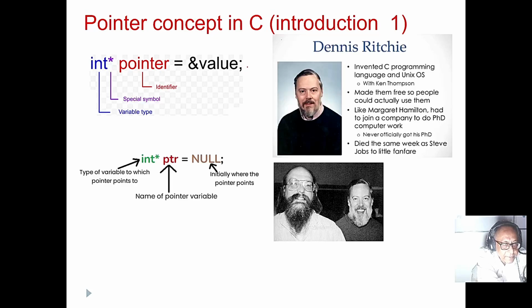Today, we'll discuss the pointer concept in C, because C was developed in 1960-61 by Dennis Ritchie and Ken Thompson. The pointer concept gives C its very powerful features, still unmatched in any other languages, even Java, Python, and modern-day languages. Only C++ can match it, and that is basically an enhancement of C.